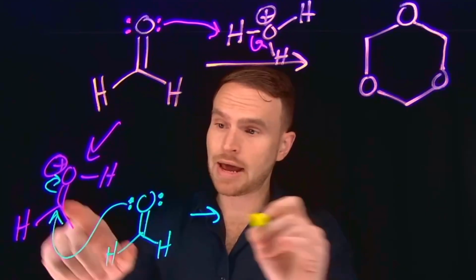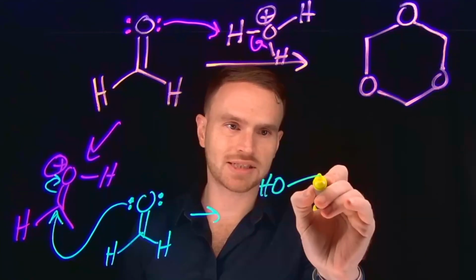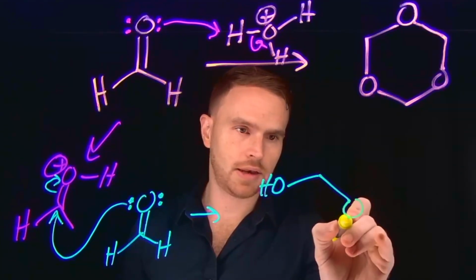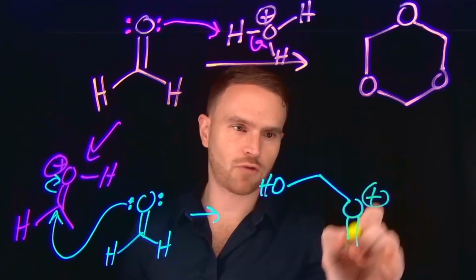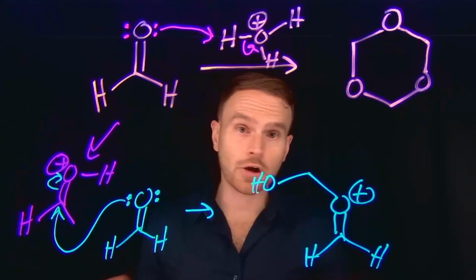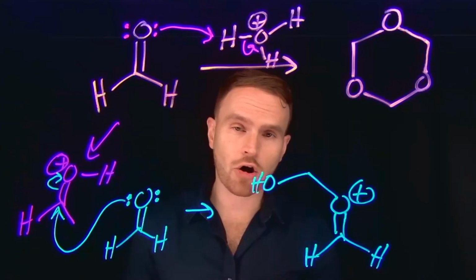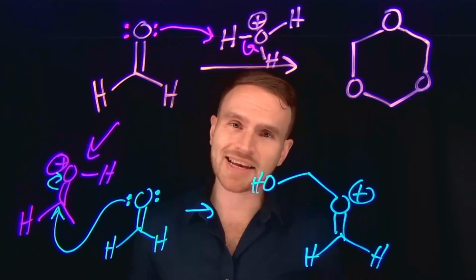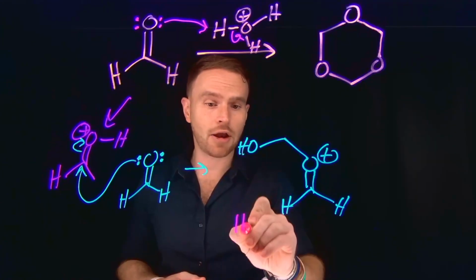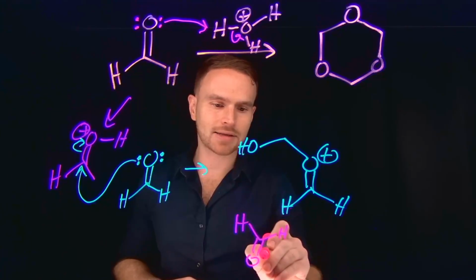So notice that we're now forming an alcohol at this position. So we're going to have an alcohol with a CH2 group, and then we're going to have the rest of our newly positive charged formaldehyde, which came and reacted at that carbonyl carbon position. And notice what we've done here is formed a brand new electrophilic carbon at this carbonyl position and kind of turbocharged it because the oxygen is positively charged,